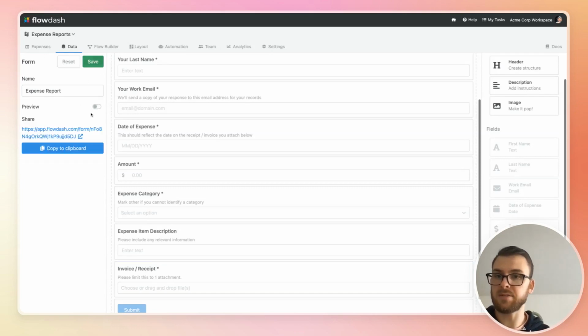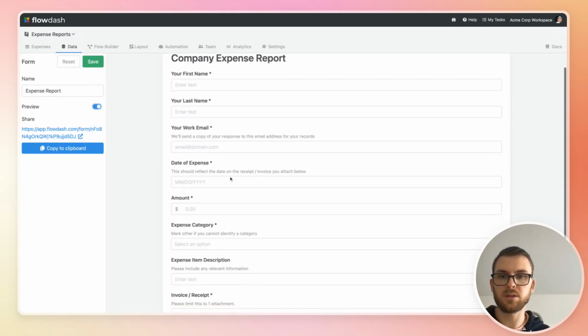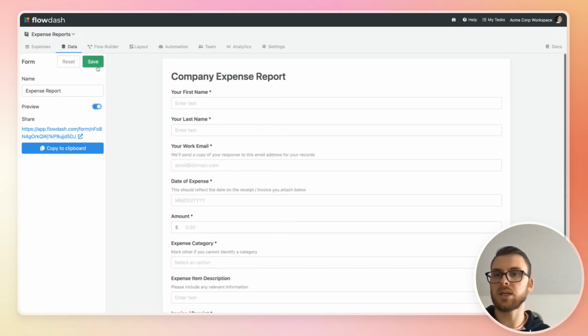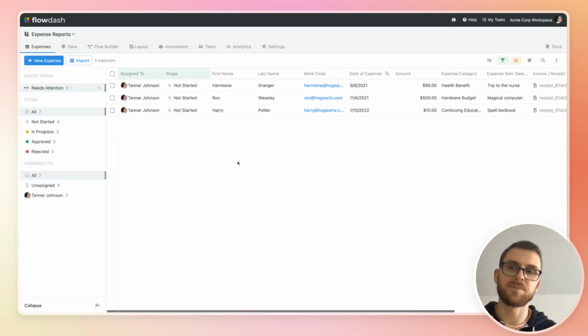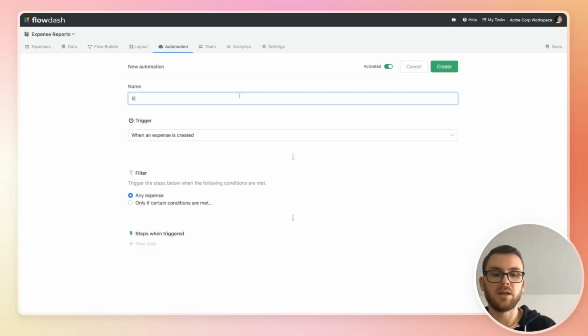So I'm going to save it, but quickly let's do a preview. Company expense report, first name, last name, work email. Okay, it all looks good. So now we have a form. Let's add some automation on top of it. So we said we wanted to add an auto assignment automation, and we also wanted to add an email automation to the person who filled out the form. So let's just say email